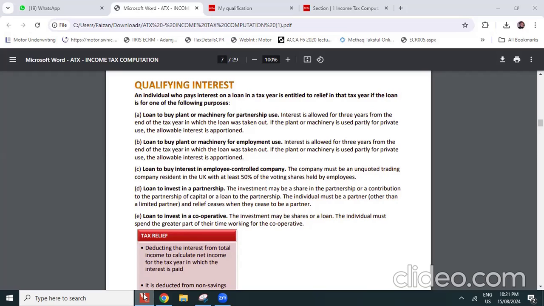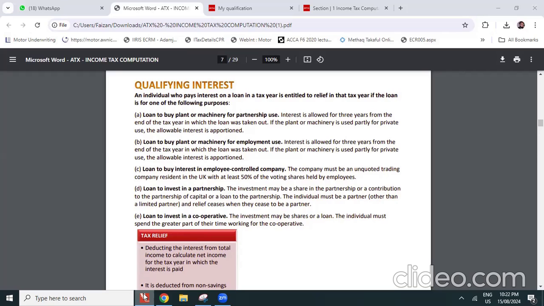In order to make it simple, if a taxpayer buys a bike or a vehicle by taking a loan, he can have ease in his journey, in his travel to the office. That loan to acquire a car or a bike to reach the office is going to be a qualifying loan, and the interest is going to be deducted from your total income.